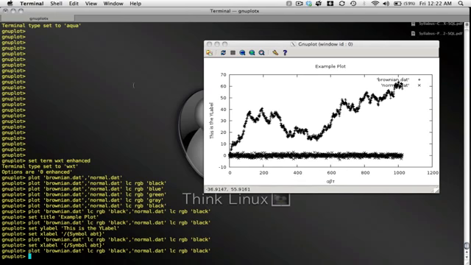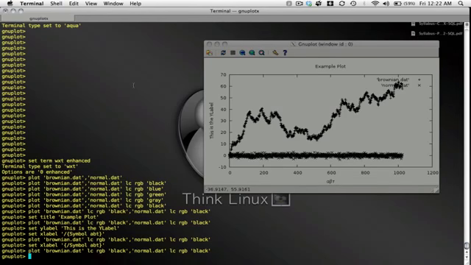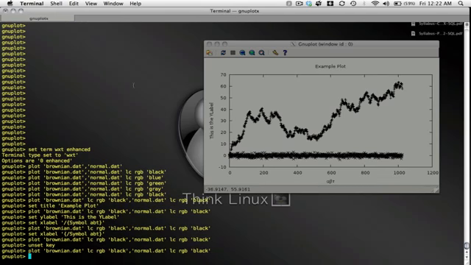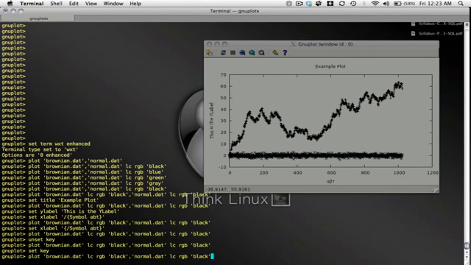Now that's nice, but that's generally not what we want to appear on a plot that we're going to show to others. So first of all, I can show you how to get rid of the key if you just don't like it. Type unset key, hit enter, and then plot again, and the key goes away. If you want the key to return, just type set key,